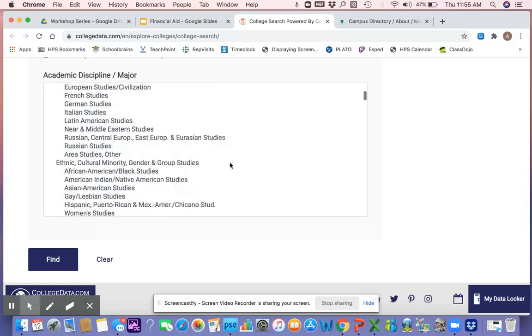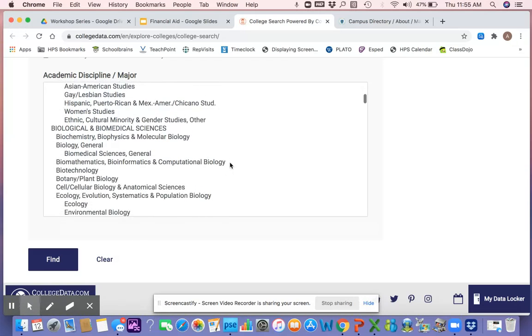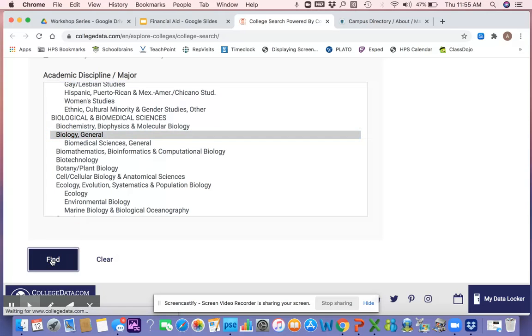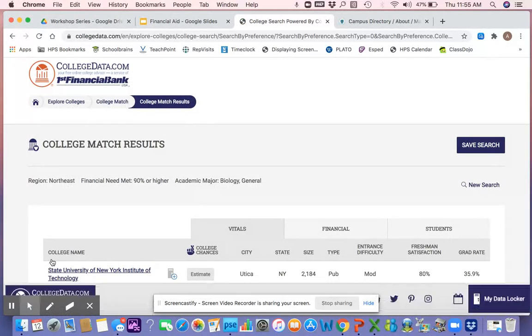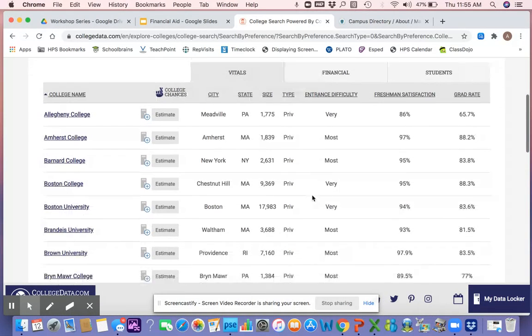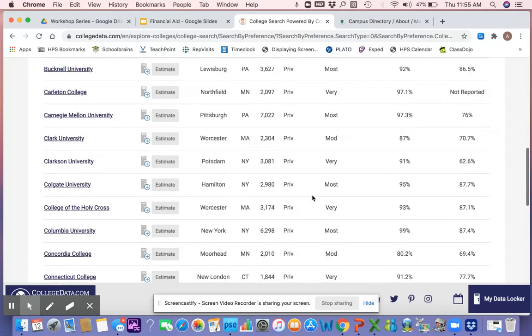Let's see. I'm going to find something that's somewhat common. I'm going to do biology, and then I'm going to hit find. I don't suggest putting in too many indicators because your search can turn up blank. And so here's a whole bunch of colleges in the Northeast that have a biology major that give at least